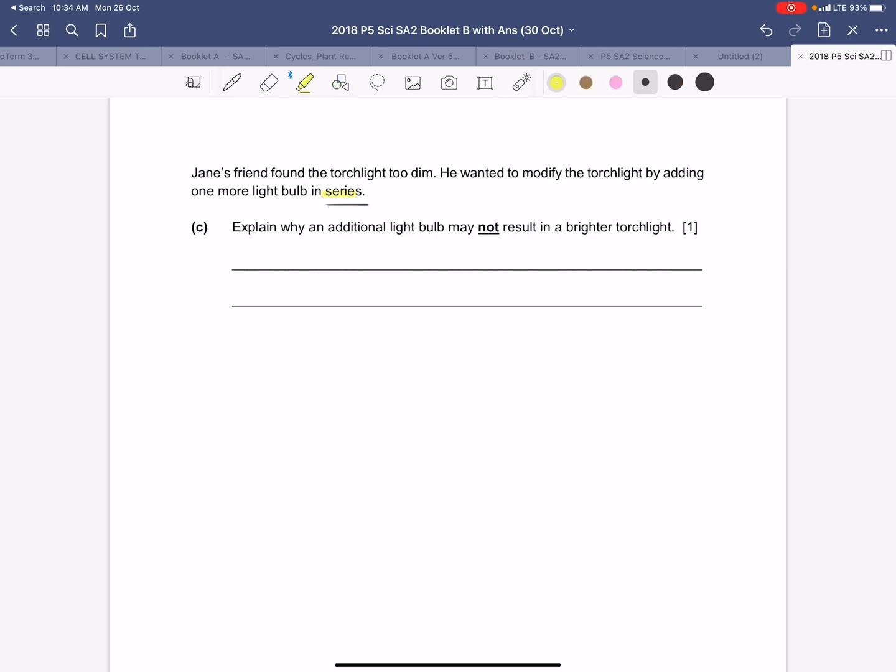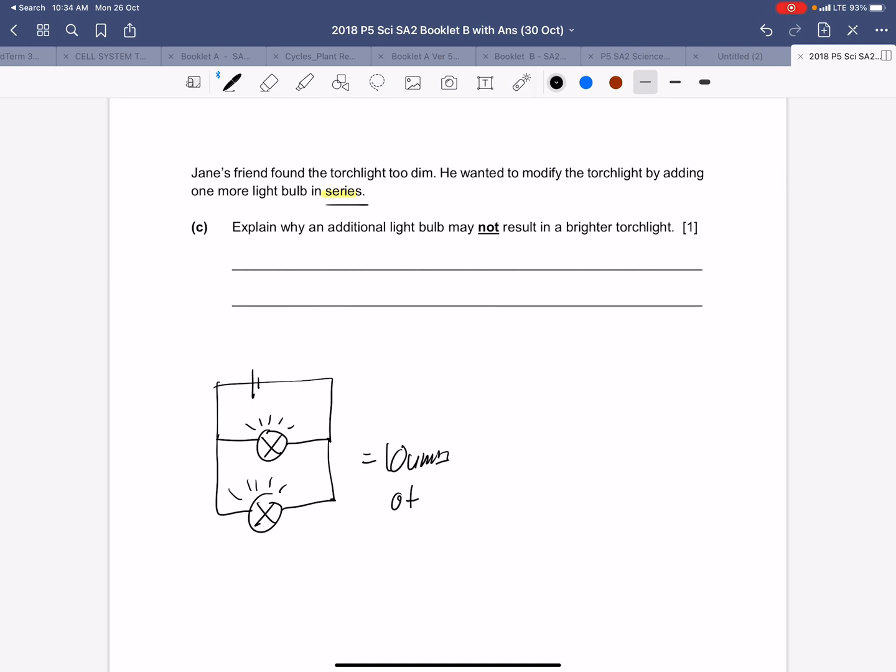So if you recall, I told you before, if you add bulbs in parallel, every single bulb will be equivalent to the first bulb. So for example, if I have something that is like this, let me draw in the battery, and this is worth 5 units of brightness, the next one I add in will also be 5. So it will drain my battery faster. But does it help? Yes, because then the total is 10 units of brightness,